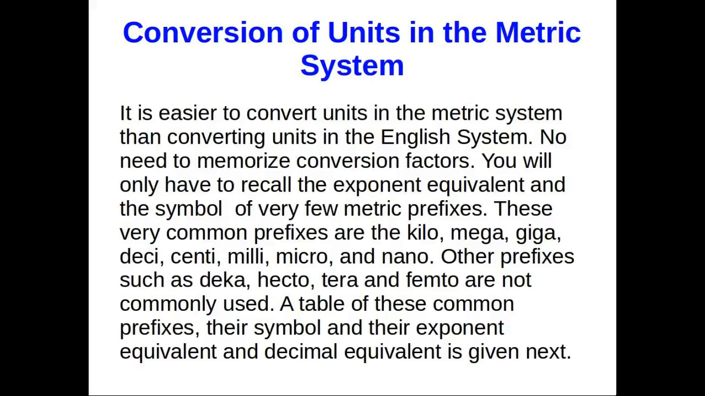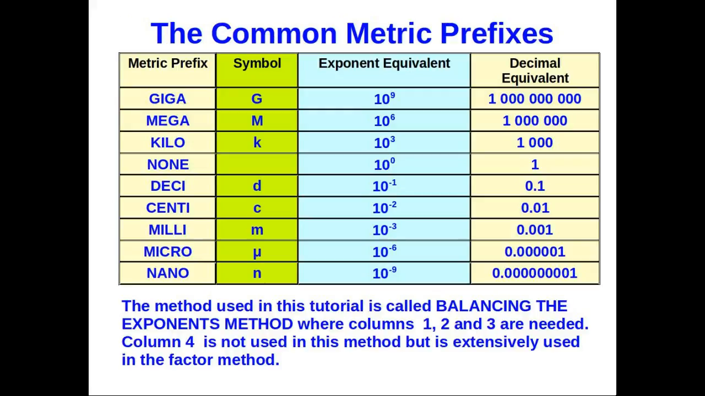These very common prefixes are the kilo, mega, giga, deci, centi, milli, micro, and nano. Other prefixes such as deca, hecto, tera, and femto are not commonly used. A table of these common prefixes, their symbol, and their exponent equivalent and decimal equivalent is given next. The 8 common metric prefixes, their symbols, and their exponent equivalents are the following: